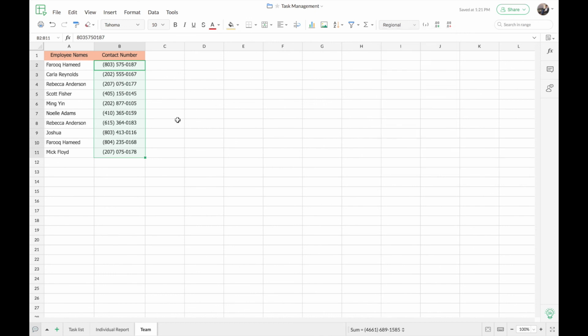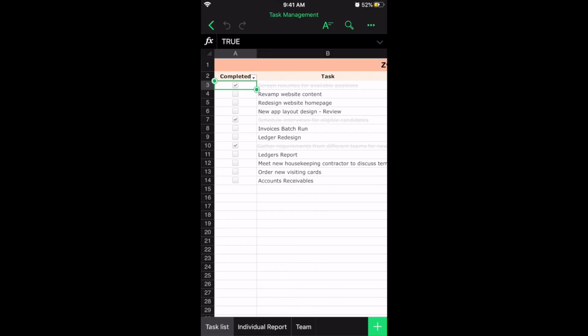So once I apply the mobile number format, you can see that the format here in the cell range changed. So now I'll move to the mobile application interface and show you how we make these number formats even more interesting on your handy devices. So this is Zoho Sheets mobile application. So you can see that I've opened the same file using the mobile application on my iPhone. So now in this task list,